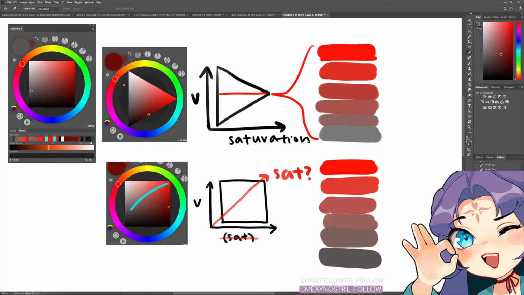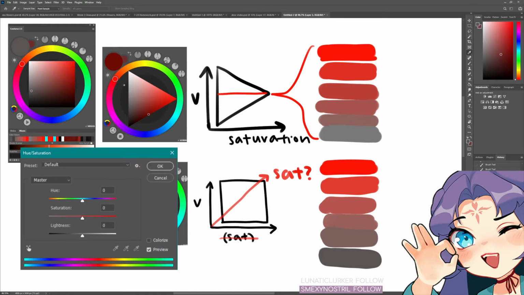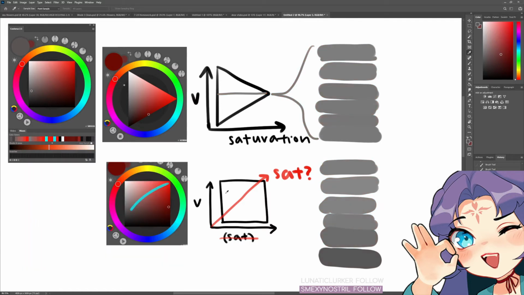But if I press Control U and turn down the saturation slider, you can see that the triangle color wheel picked all the same values. However, the square, even though I tried to eyeball it on a diagonal, you can see that it's very different. It's quite different. Again, right? Oh, sorry, that was all the way up. There we go. So at normal saturation,